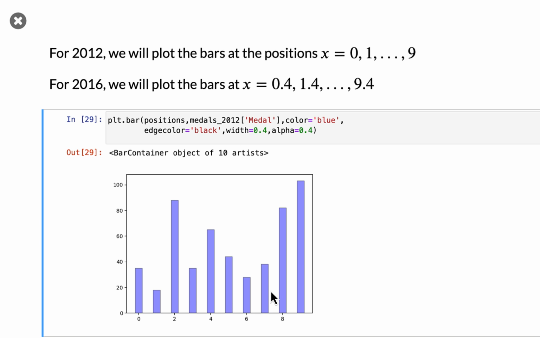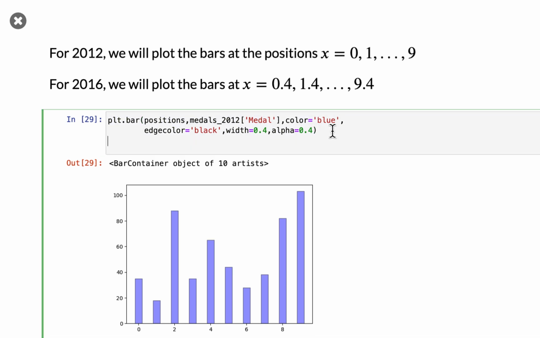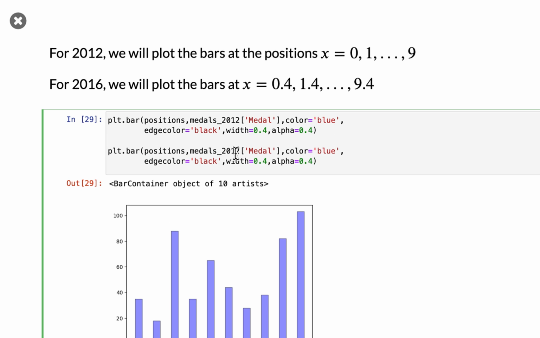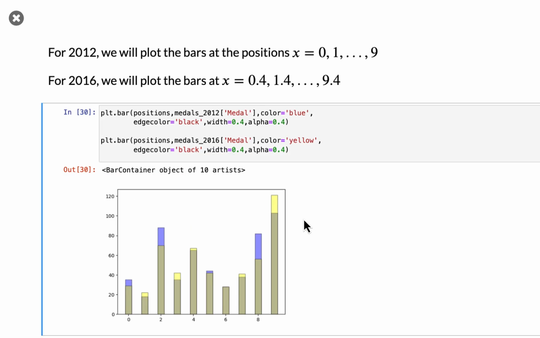Now, let's copy this whole line and then paste it. Then again, change 2012 to 2016. Change the color to yellow. As we can see, this is overlapping, not surprising, right? Because I use the same positions. But in the 2016 plot, what we can do is use positions plus a small number,